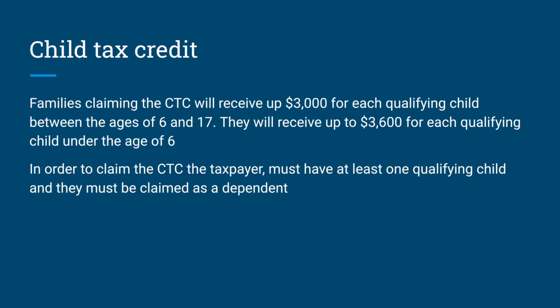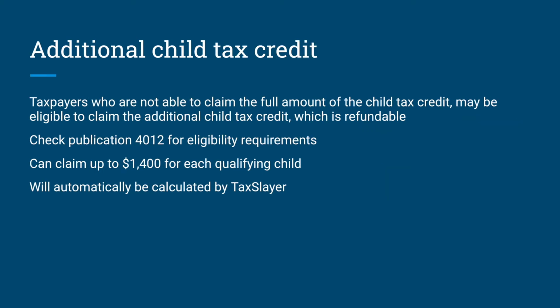And in order to claim the child tax credit, the taxpayer must have at least one qualifying child. Well, that's pretty self-explanatory. And they must be claimed as a dependent. So that qualifying child has to be claimed as a dependent by the taxpayer. And so the child tax credit is pretty straightforward, and TaxSlayer will help you do the math on that one